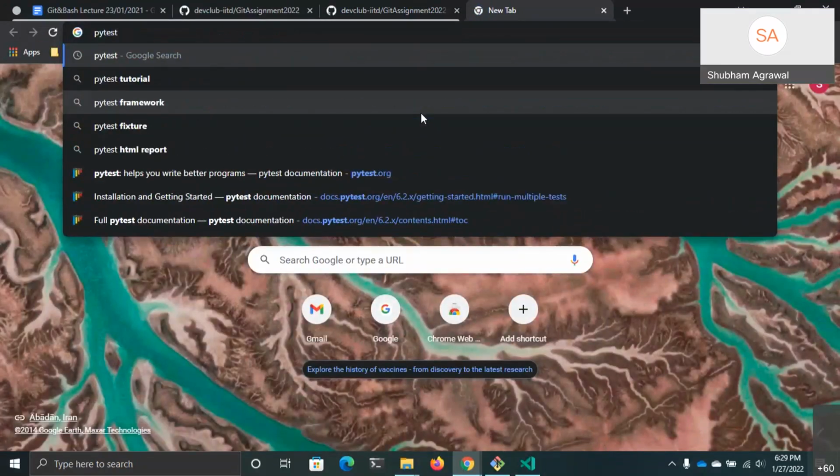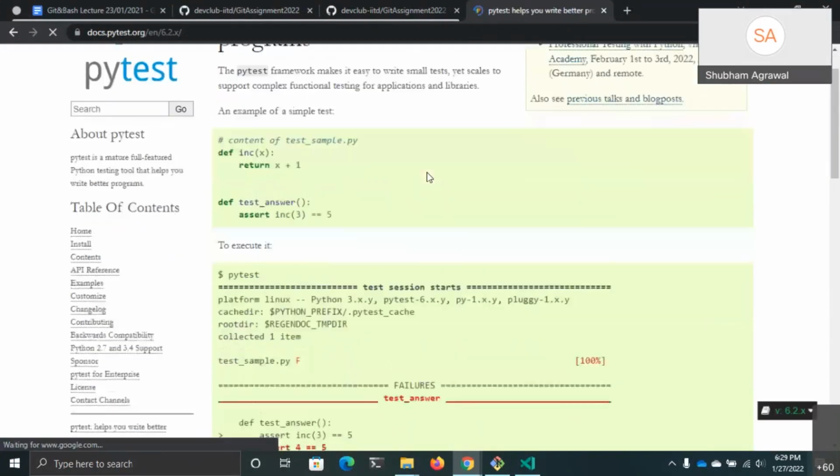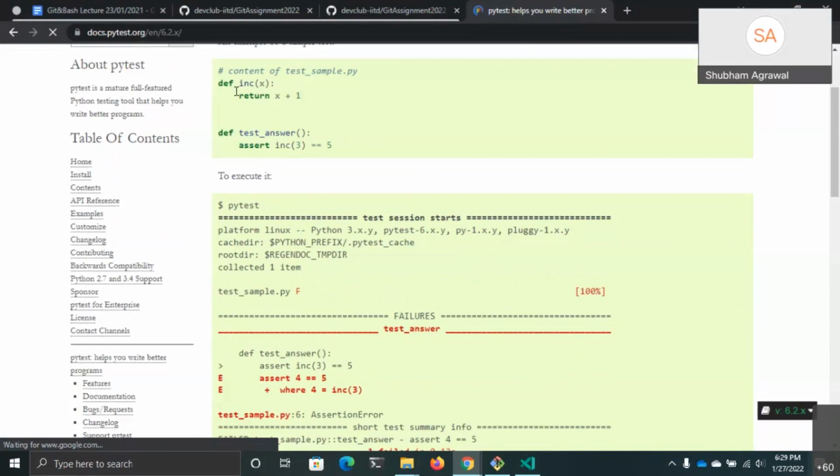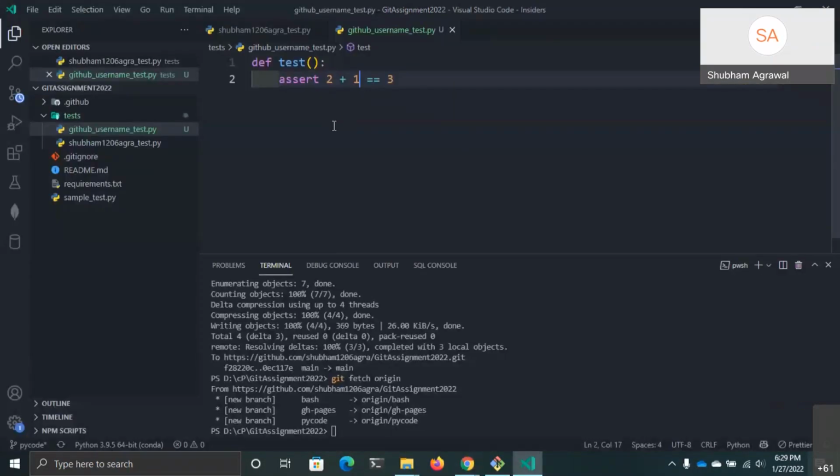PyTest. So you can write some tests, as many as you have to. In this file, only in this file, you can write. So you will write, and then as usual